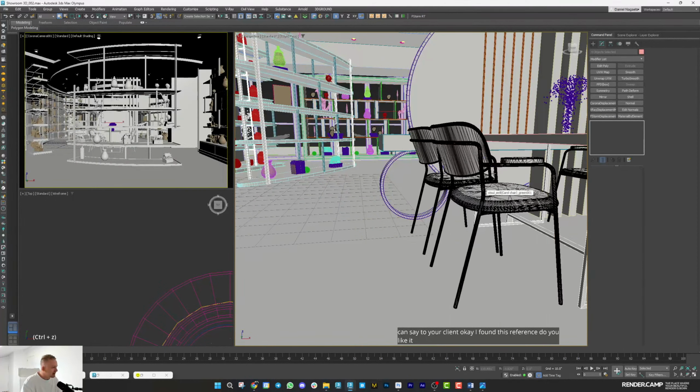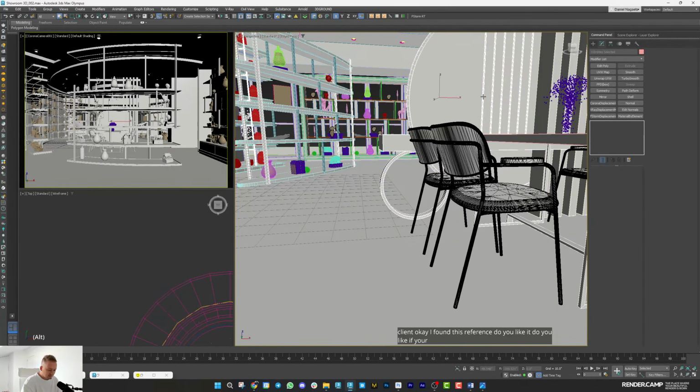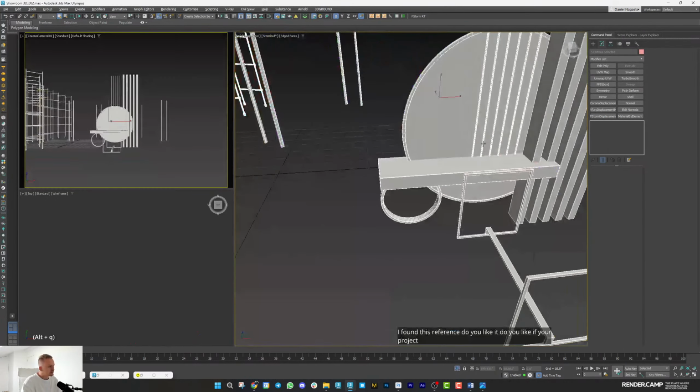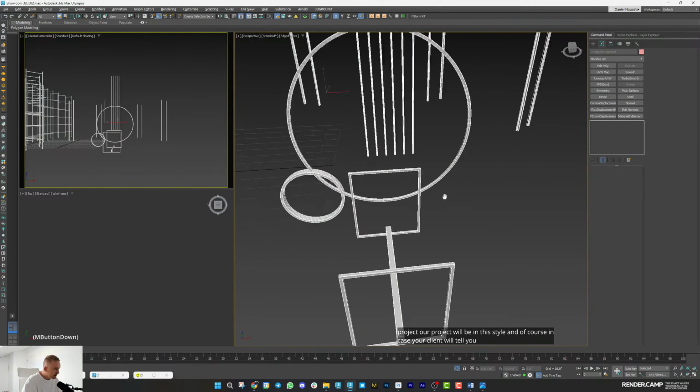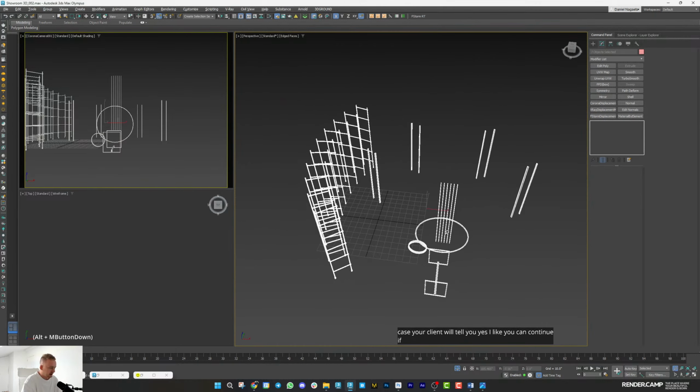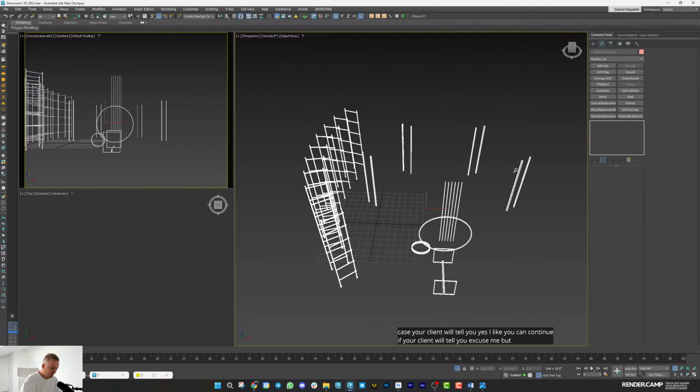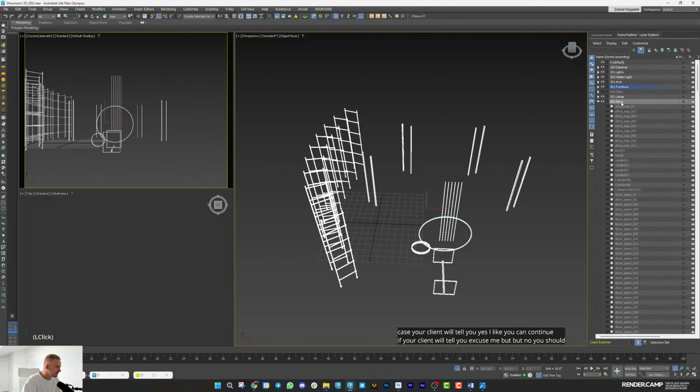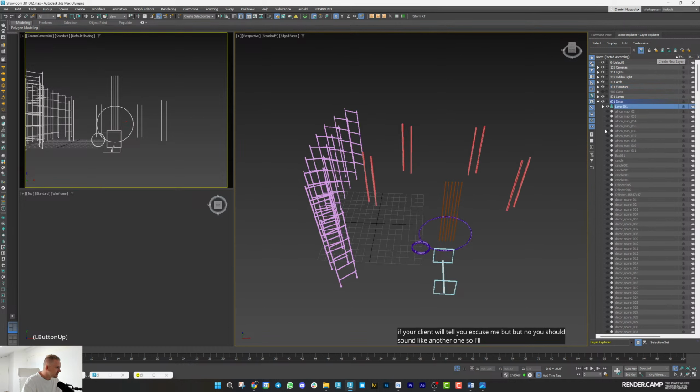Do you like if our project will be in this style? And of course, in case your client tells you, yes, I like it, you can continue. If your client tells you, excuse me, but no, you should select another one. So I'll create a new layer, which I will name furniture, so that